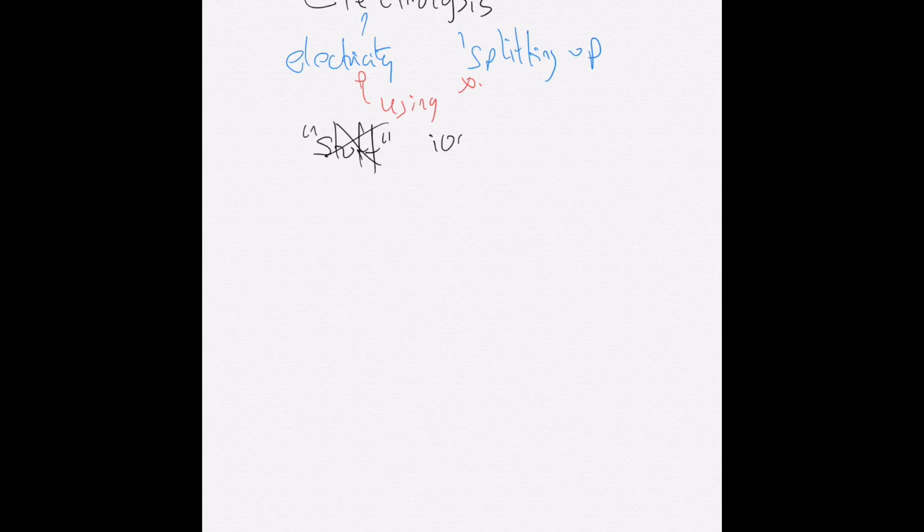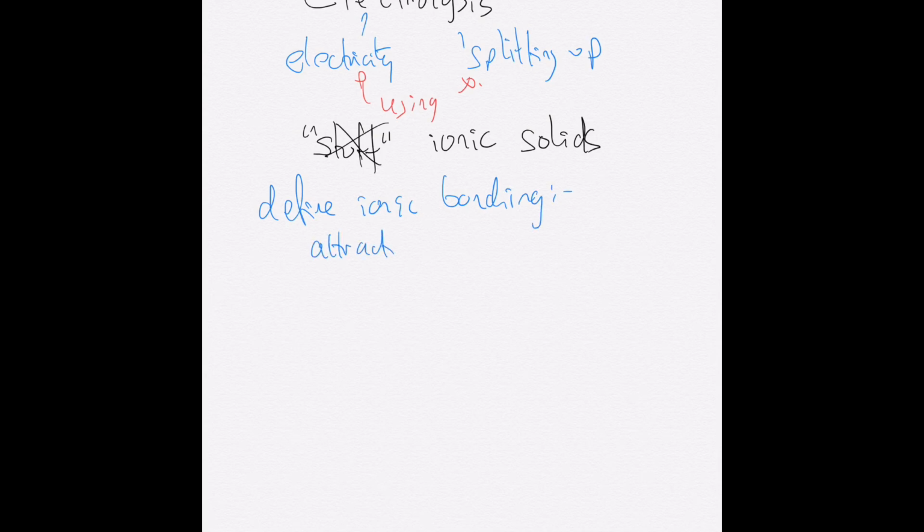Stuff is ionic solids. Now, ionic solids are, well, let's have a quick define ionic bonding. That's a great place to begin. So it is the attraction in between oppositely charged